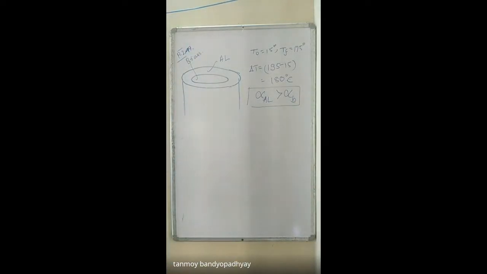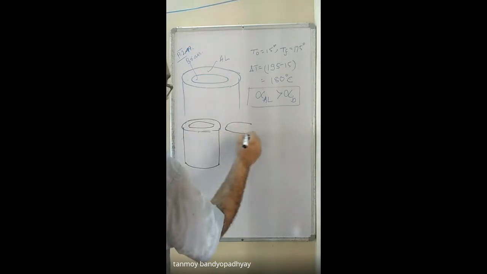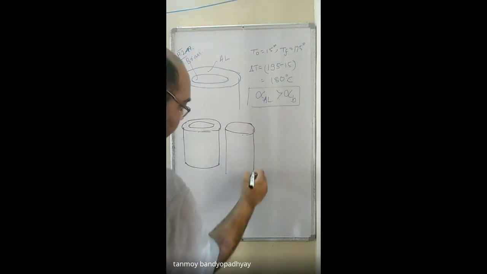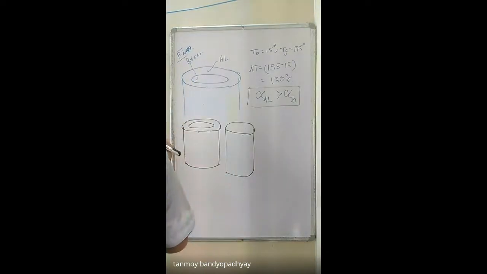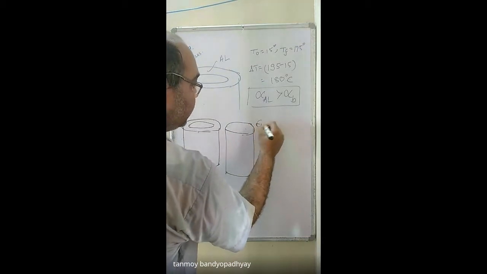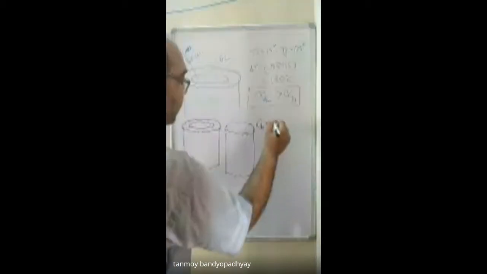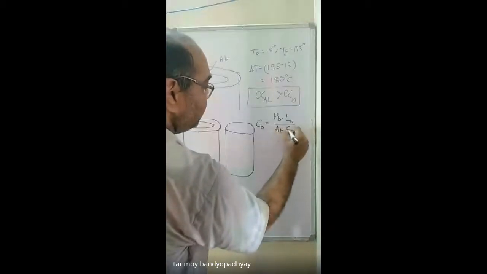So let me complete the problem. You can do this yourselves, the remaining things you can just complete on your own, I think. So let me just tell you. It has the same length, and what did I say, wait, I forgot. So the strain in the brass part, alpha b, what will that be? That will be equal to PB into LB divided by AB into EB.